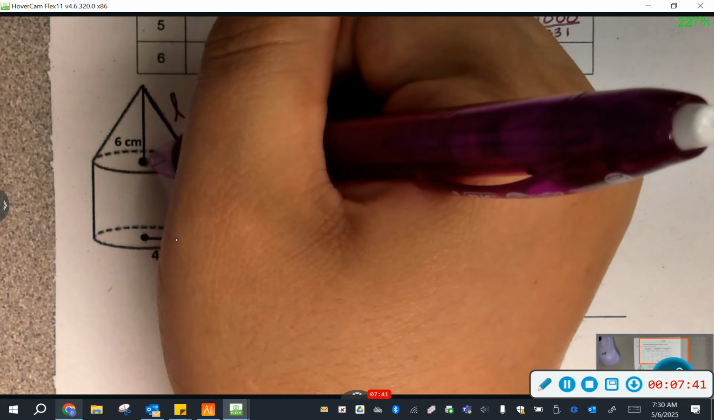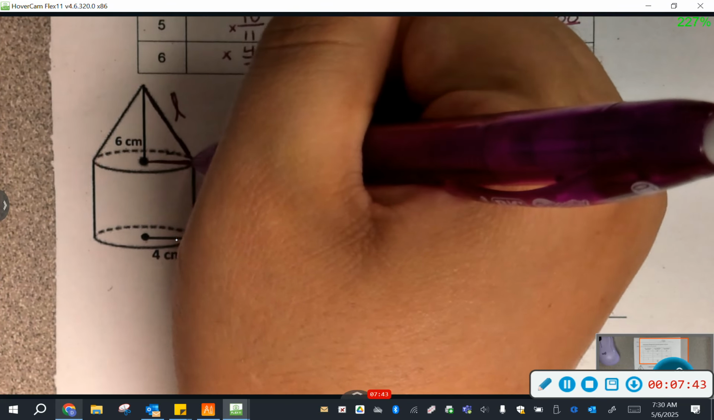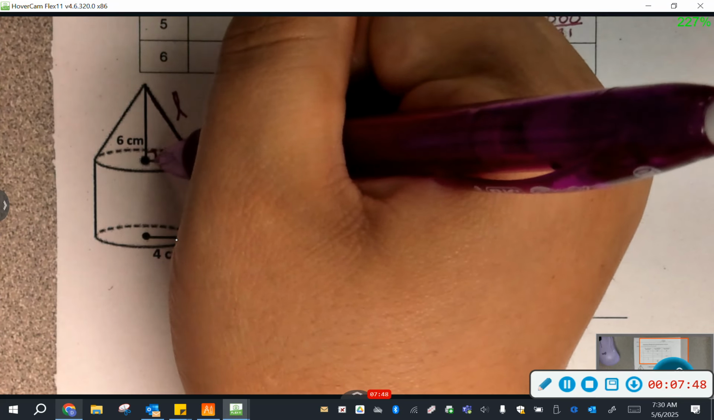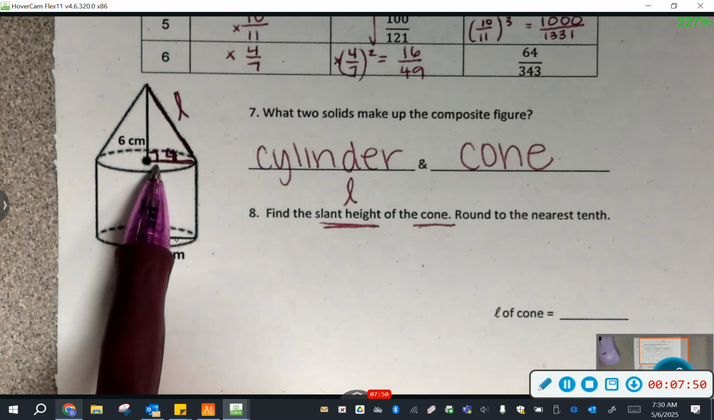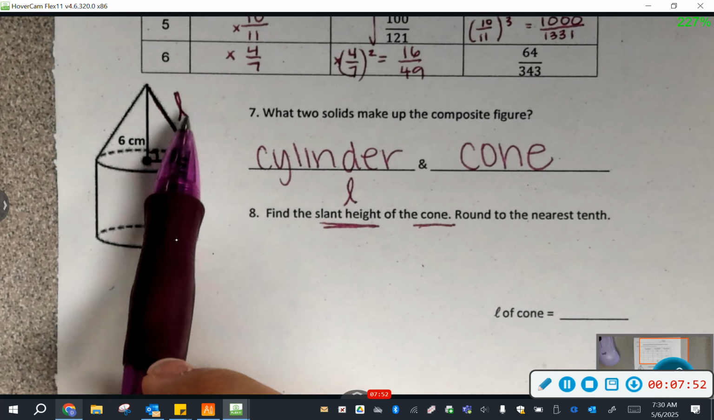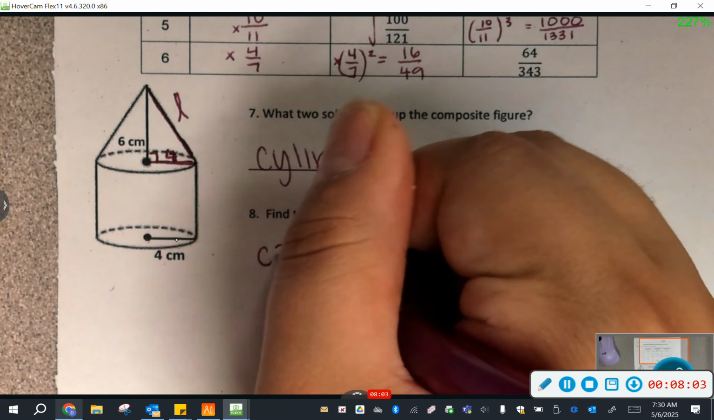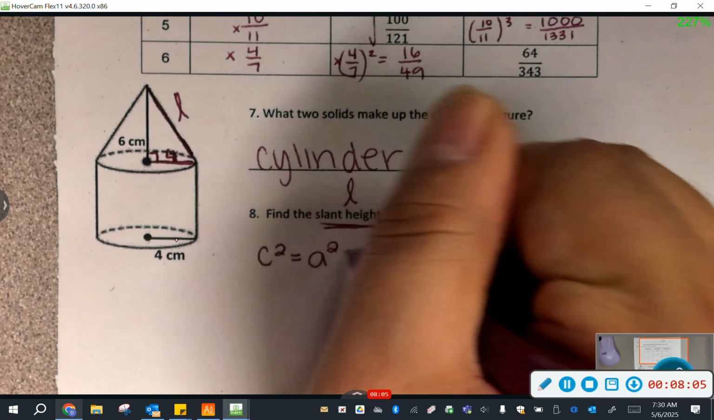What is my radius of this cylinder? 4. And do you agree that makes a right angle? So if I have 6 and I have 4, how can I find it? Pythagorean theorem. Do y'all agree 6 and 4 is not a special one that we learned? We wish it was 3 and 4, but it's not. It's 6 and 4. So I'm going to have to do Pythagorean theorem, which is c squared equals a squared